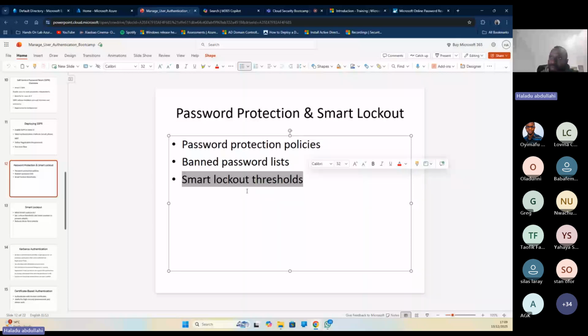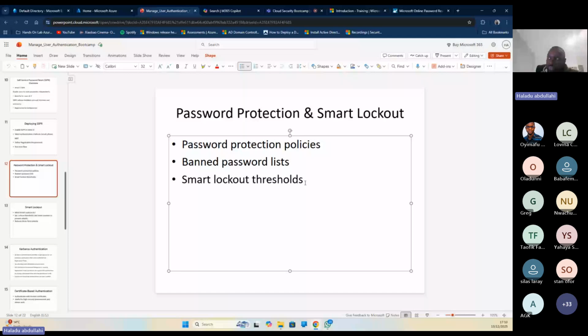But in most of our organizations, due to best practice and our organization's security policy, the smart lockout duration may be set to 60 seconds, 2 hours, or 1 hour. Why are you locking someone for 1 hour? That's based on the organization policy. If you are working in a bank, maybe it is allowed to lock someone out once they make multiple failed attempts to access a certain resource. But if you are working in an organization where security is not much of a concern, not that any organization doesn't need security, then